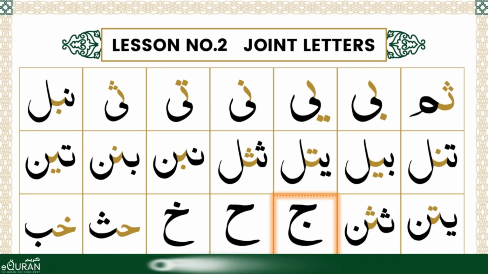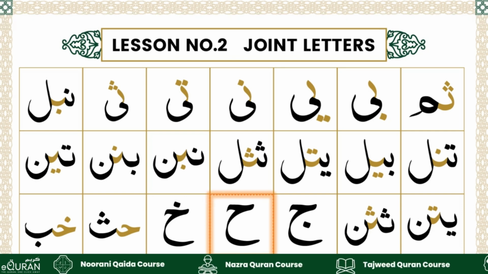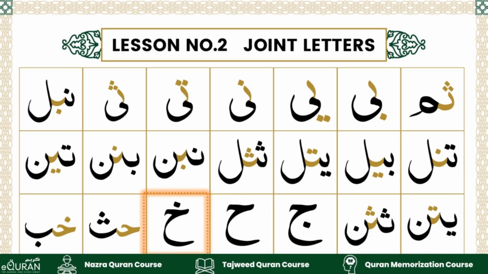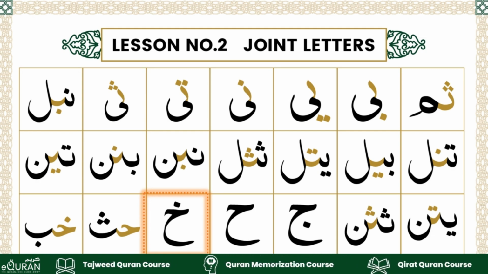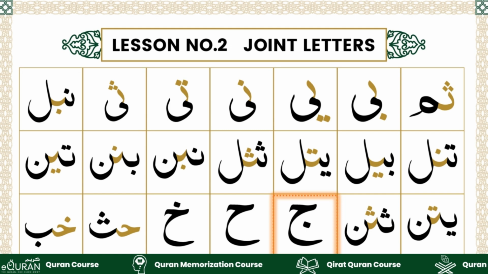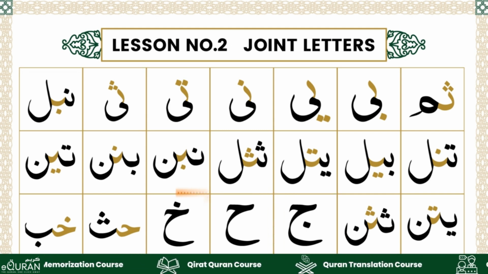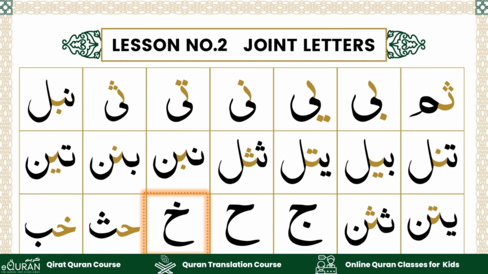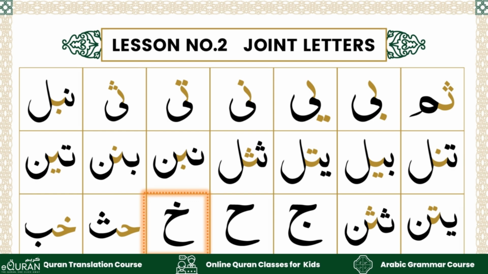So this is Jim. Next one is without dot, Ha. Next one is Kha because it has one dot up. So there are Jim, Ha, and Kha. These three letters have the same structure, but with the dot we can make a difference between the three